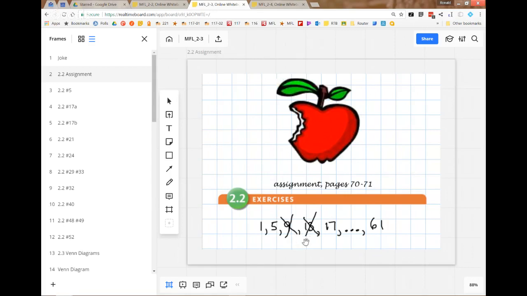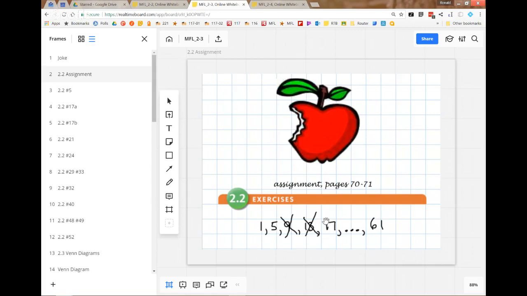See the assignment? You weren't supposed to do 9 or 13, and you were supposed to do every multiple of 4. So 1, 5, not 9, not 13. The next one you would have had would be 17. So that section that you're asking about is not in there. The reason I didn't include it is because it's got sets inside of sets, which I didn't teach about. You're right, that would have thrown you for a bit of a loop.